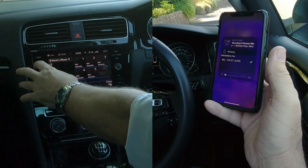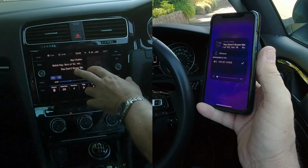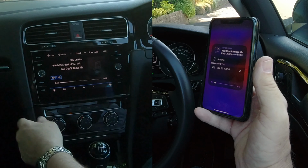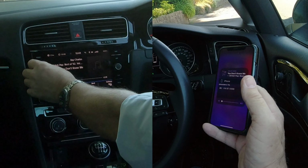Now, if we go over to media, that's showing auxiliary. We'll press media again, and that's come up with what's playing on my phone. You may have to press that a couple of times, especially if you've got either an SD card in, something connected to the auxiliary in, or the USB in. So here we go. If I turn this up,